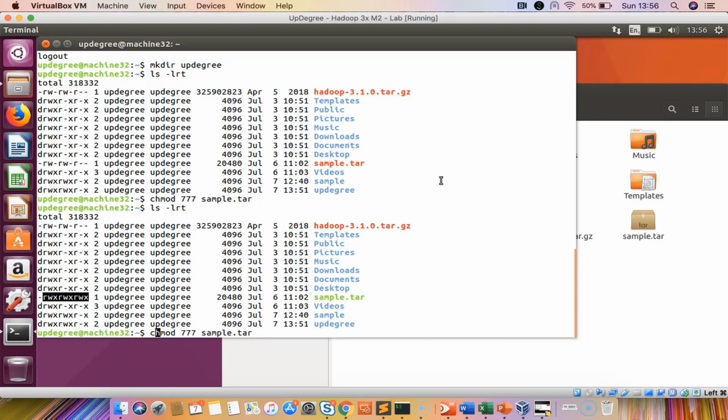Now if I make it read only permission for the user, group, and others, if I give 444, it is read only, and now if you see, it's read. If I would like to give only read and write to the user and read to others, it will be read, write, and read to others. So that's 664. Then you can play around with it. You can make it like 754,